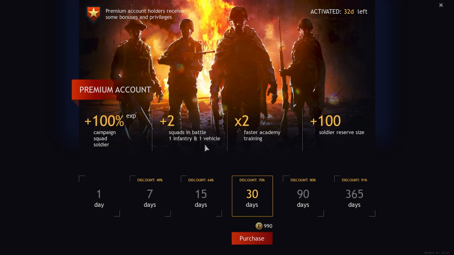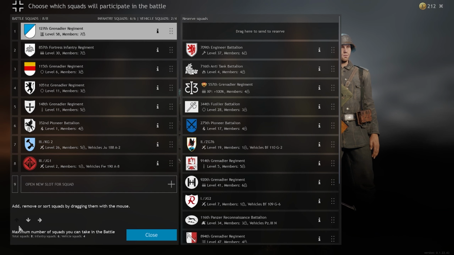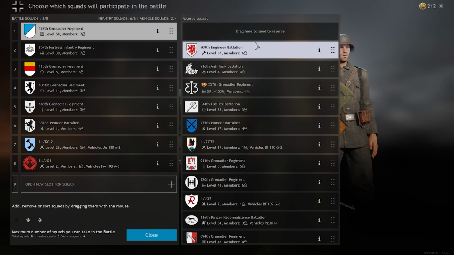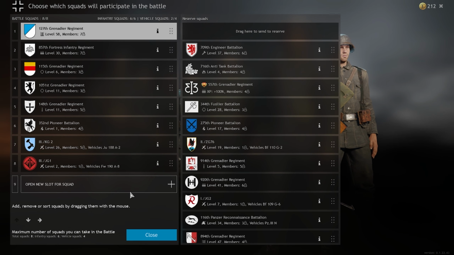You get an extra infantry squad and an extra vehicle squad. So you can see over here, down here in the battle squads tab, this is where you can swap in and out the different types of squads that you have. Because I have premium, I can put in an extra squad here and an extra vehicle here, because typically you're only allowed 1 type of vehicle, but because I have premium, I can have 2 types of vehicle and